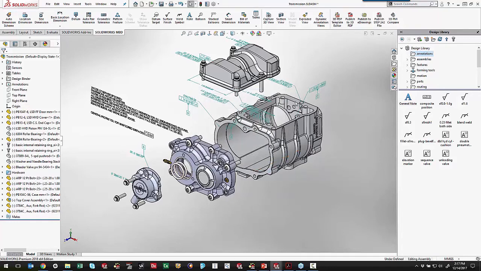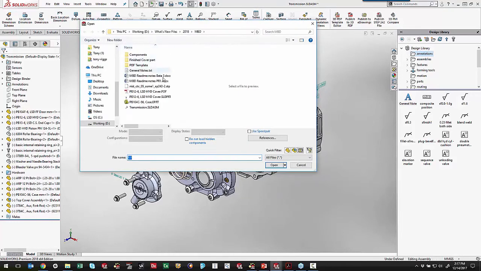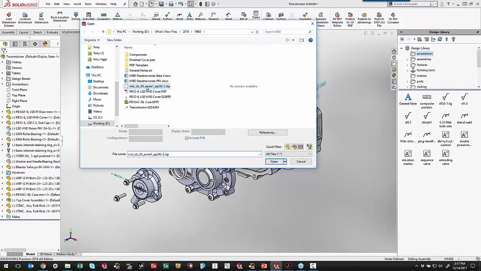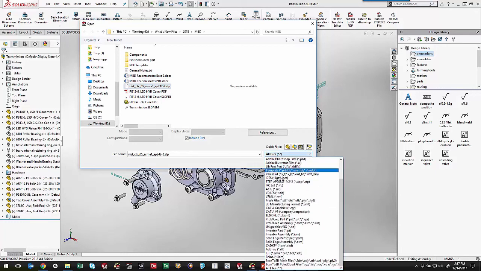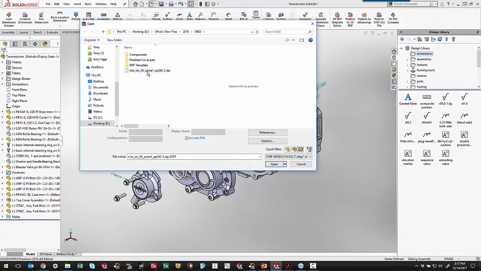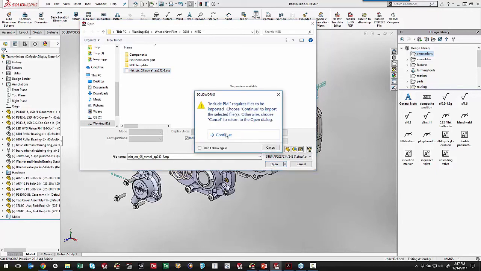Another option that's kind of interesting is our ability to go in and actually open up the step 242 file. Now what I'm going to do, instead of just clicking on this file where we're looking at all files, is go down and specifically tell it to look for a 242 file. And it's going to behave maybe a little bit differently if we do it that way. But notice here we've got the include PMI information in the open dialog box. So if we actually go in and open this guy,